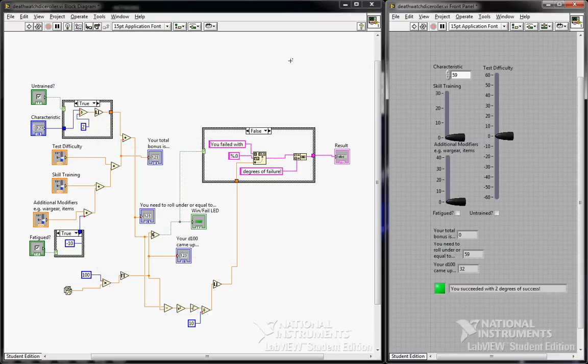Okay, hello, and I'm just making this quick video to show off my version 1, I suppose, of my Warhammer 40,000 role-playing game Dice Roller. So you should be able to see here I'm using a program called LabView, which is a graphical programming package that I started using in my physics course. It's pretty fun to use,